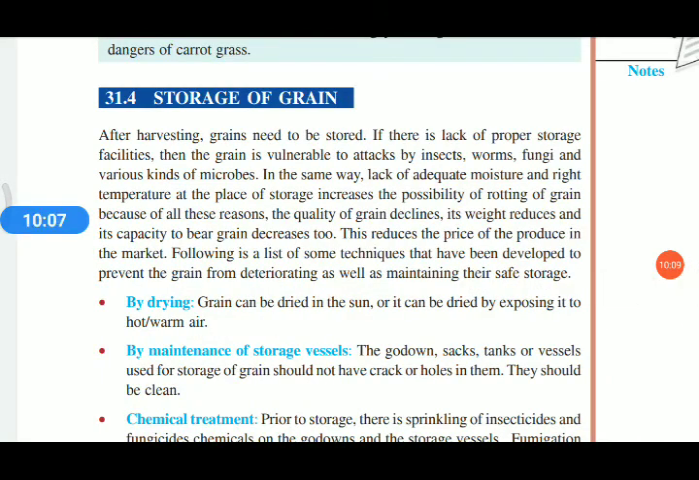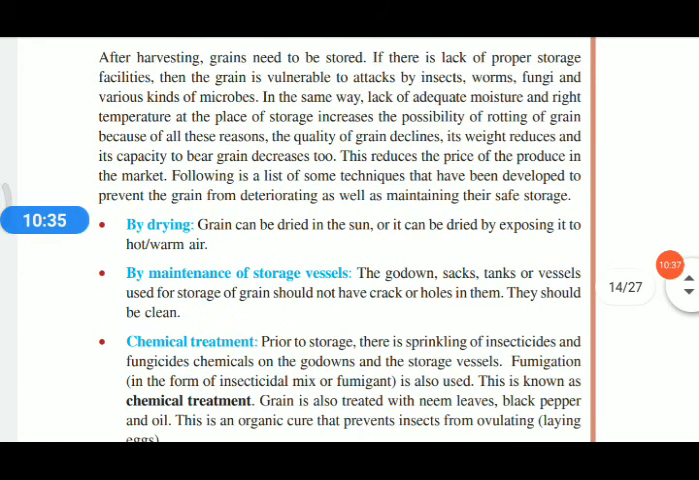Then storage of grain. We want to store the grain that we harvested. After harvesting, grains need to be stored. If there are no proper storage facilities, then the grain is vulnerable to attacks by insects, worms, fungi and various kinds of microbes. So our effort will be lost. So we want to store it properly. There are different methods to store the grains